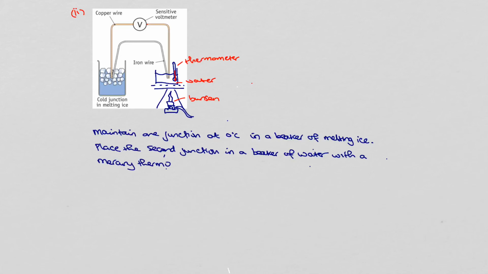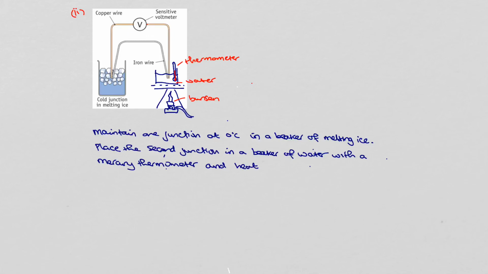If you've labelled data logger and temperature sensor, then you'd state that here. I've drawn a mercury thermometer, well, probably an alcohol thermometer because I've coloured it in red, but it doesn't matter, you can colour it in whatever way you want. So place the second junction in a beaker of water with a mercury thermometer